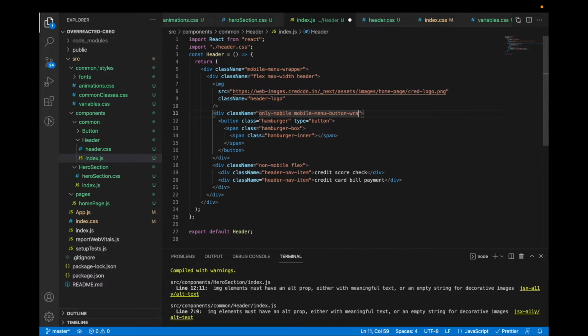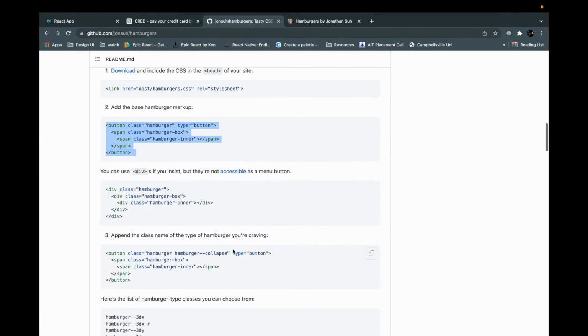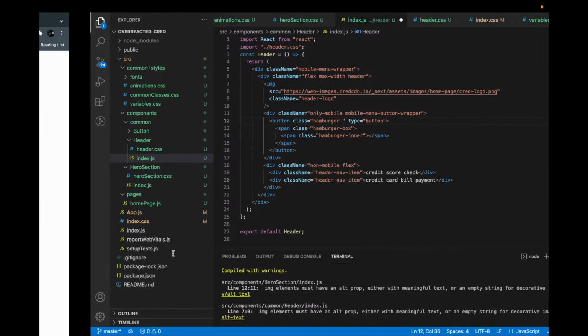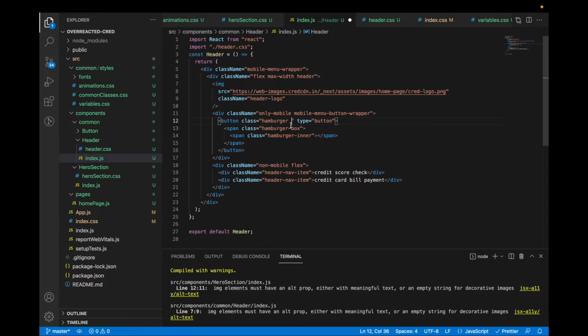Don't worry if the class names are too big. It's better to write big names than writing misleading and ambiguous or arbitrary names. So hamburger box, let's give this a type. Whatever type you want, you just read the documentation here, and you write it like this in your button class. So we want it to spin, so we'll write hamburger spin. This will make sure that our hamburger is spinning. Also, we have to give